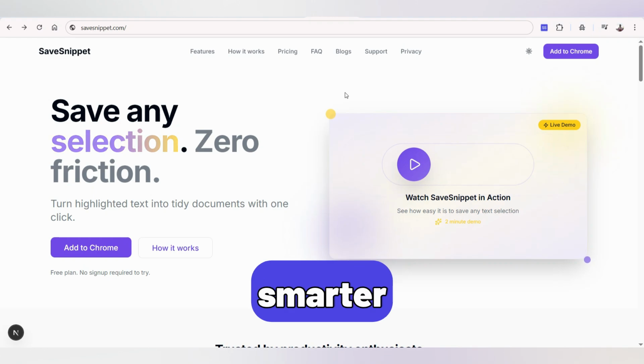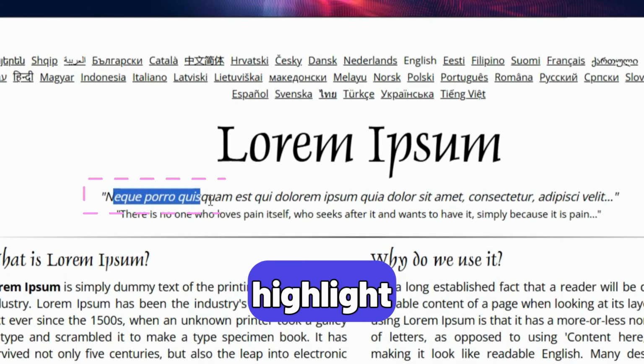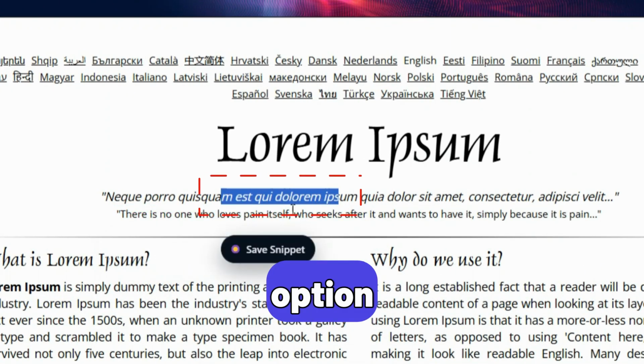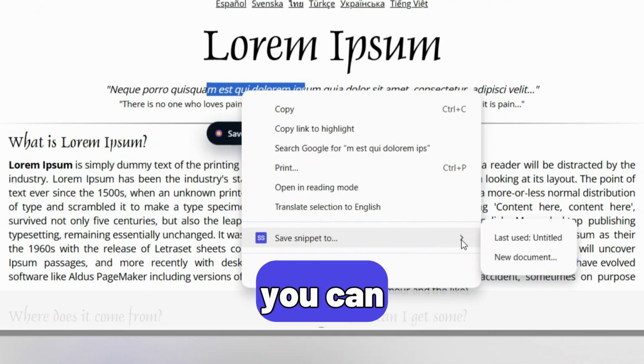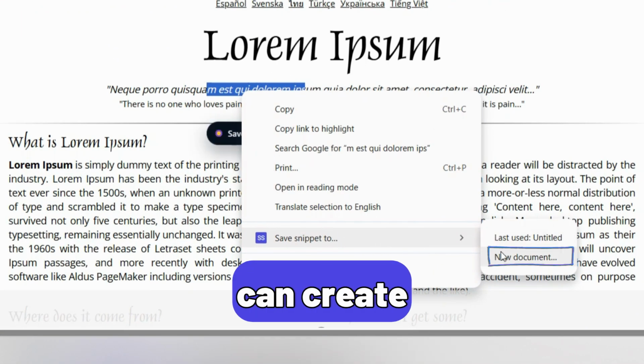Meet SaveSnippet, your smarter way to save text. Instantly, just highlight the text and click on Save Snippet. Another option: you can highlight the text and right-click on the text menu. You will have two options: either you can save it in the last document or you can create a new